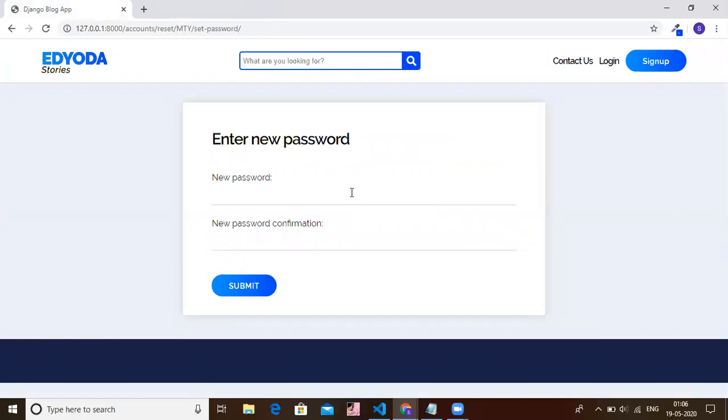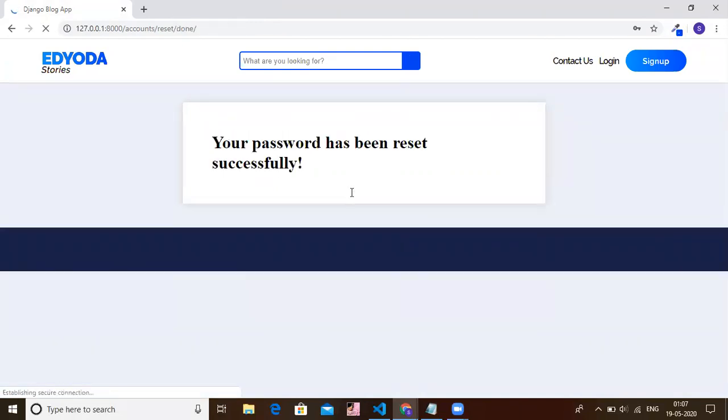Now let's say our original password was abc@1234. This time I'm entering xyz@1234, and I have to confirm it again, xyz@1234. I'll hit enter and it says your password has been reset successfully. So this is how it will work.